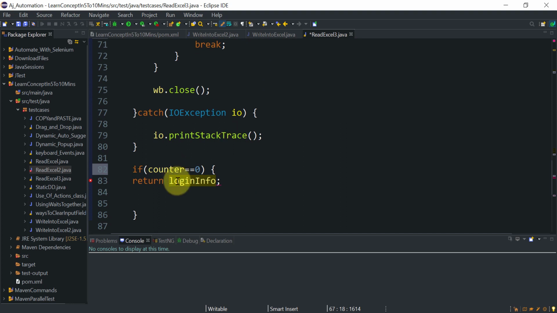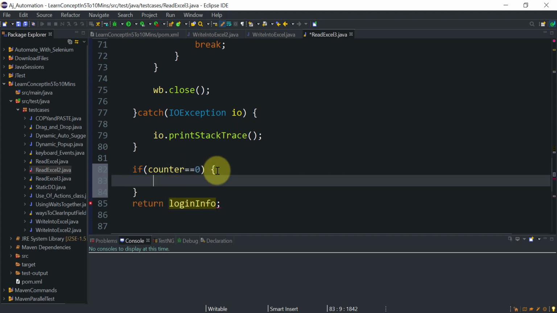If the counter remains 0, that is our validation point that the server name is invalid. So here you can print in the console some error: incorrect server name, please check again.